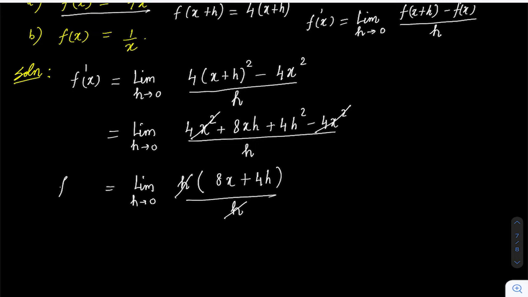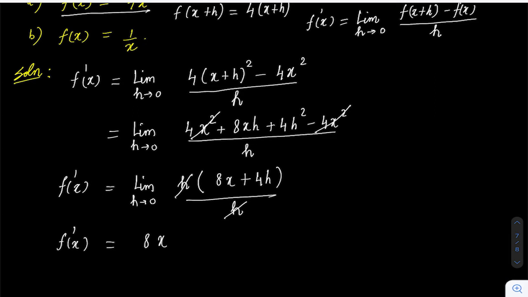Now what's the next step? Now the next step is the last step and the most important step. Once there is no h in the denominator, you will substitute h as 0, because that's a limit. So h tends to 0. It means we have to substitute h as 0. But you don't have to substitute h as 0 in the beginning itself. If you substitute in the beginning, you will get 0 by 0, which is not defined, and you are not able to write an answer. So that's why we need to first simplify, remove h, and then substitute h as 0.